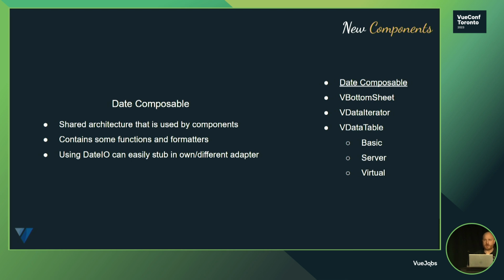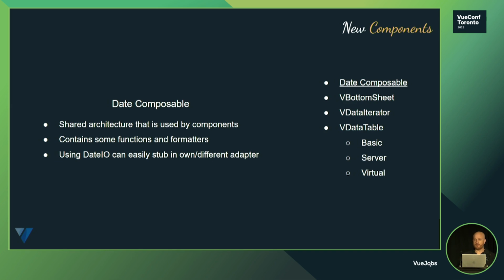So the date composable kind of formed out of a necessity. In version 2, we had calendar, we had date picker, we had time picker. And for the most part, a lot of their specific functionality that involved manipulating the date was kind of self-contained and not shared. So when we got to version 3, the idea was that we wanted to be able to provide a single source of functionality that would power all of the components that utilize date,